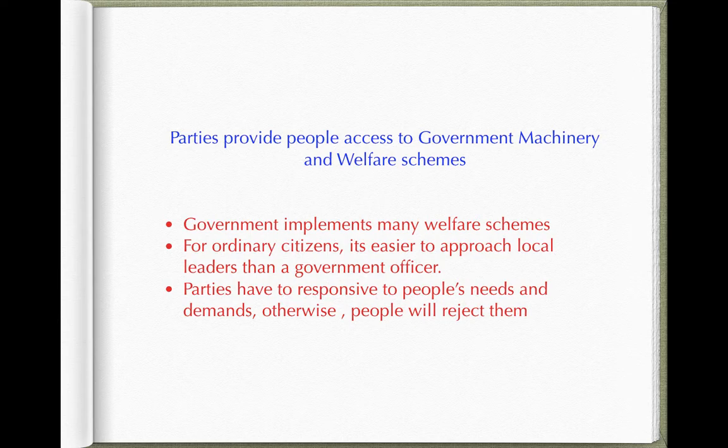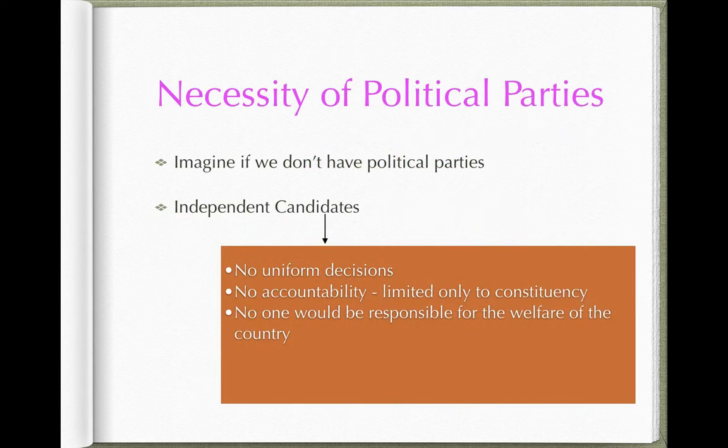The reason is because he has to listen to or respond to the need and the demand of the people, otherwise के हुन्छ, next election मा he may lose the election, that person may not vote for him. Okay, so because of the fear of rejection political parties they respond to people's needs and demand. Okay, so these are the 7 functions of political parties. Okay, so this is very very important topic from this chapter.